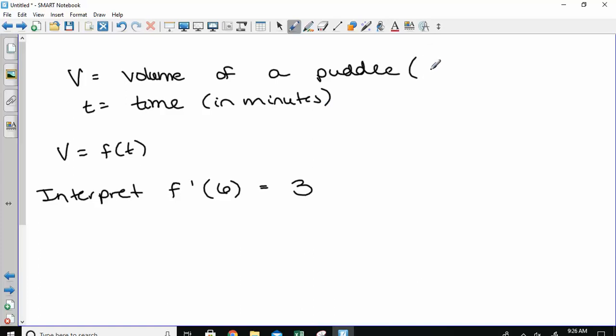And let's say this is the volume in cubic centimeters. All right. So you would have to be able to write a sentence. First of all, what does the 6 represent? So after 6 minutes,